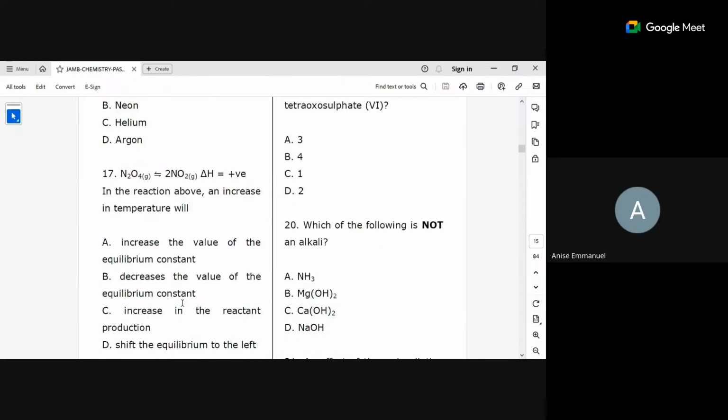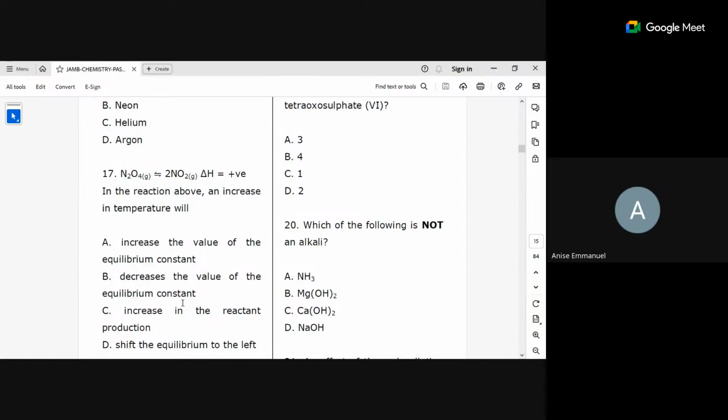It's like when they ask you 2 times 2, and they are putting 22. But because you are sure, you just go, this is the answer. And that's what we are doing now. This is like revision to me. If you have listened to our app very well, you know these are just revision questions. They are good revision questions. So it will increase the value of the equilibrium constant. It will never decrease the value.